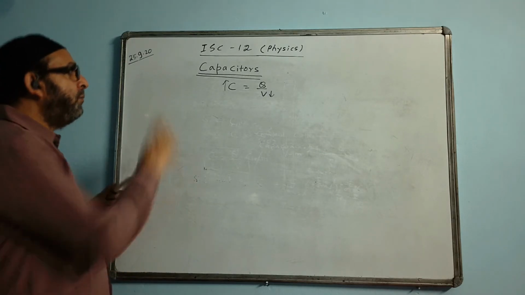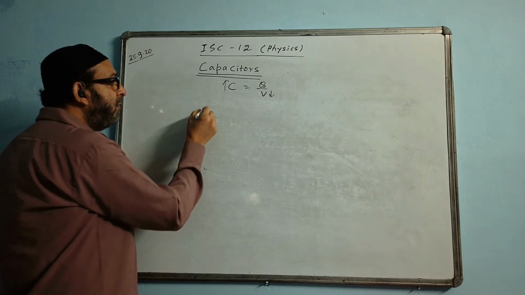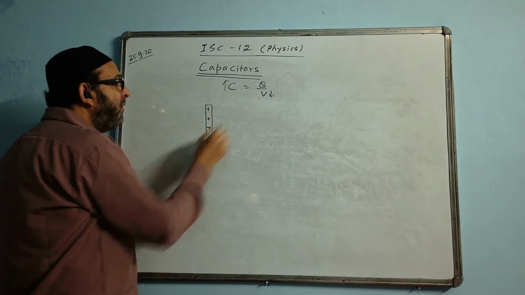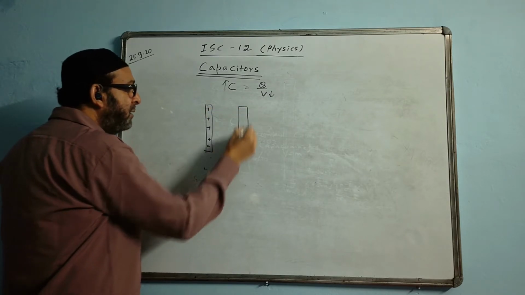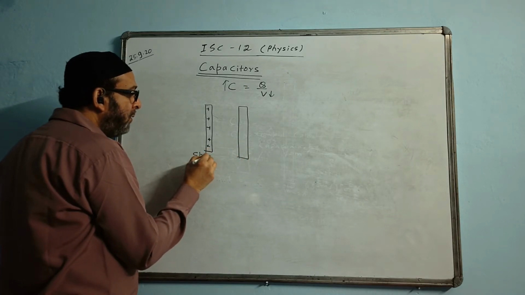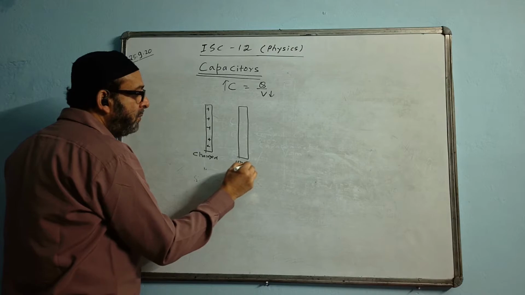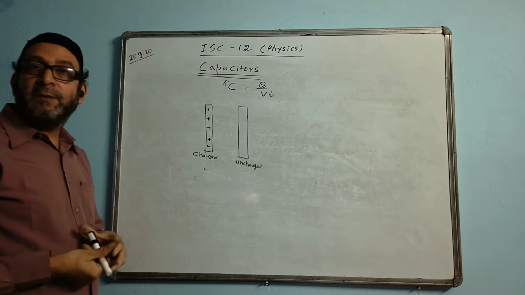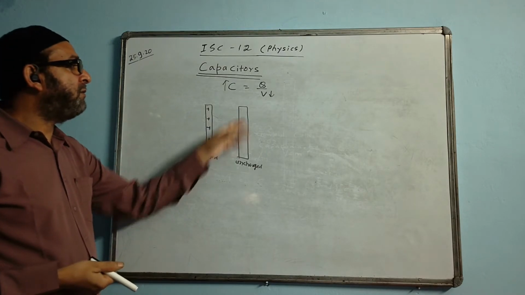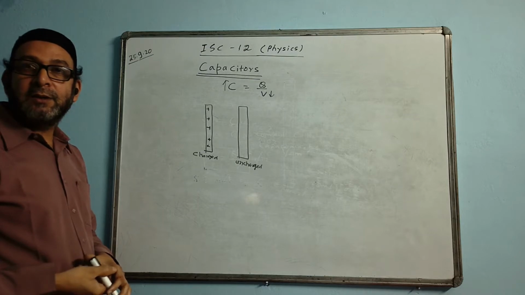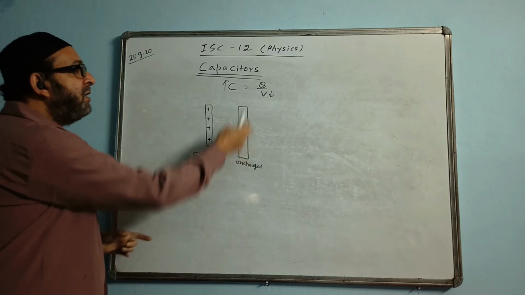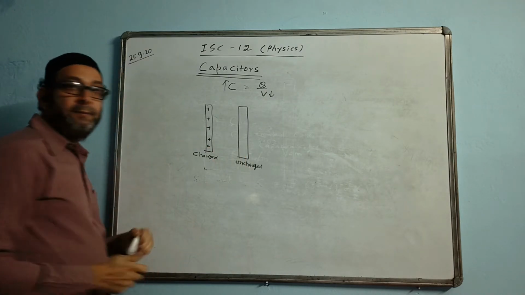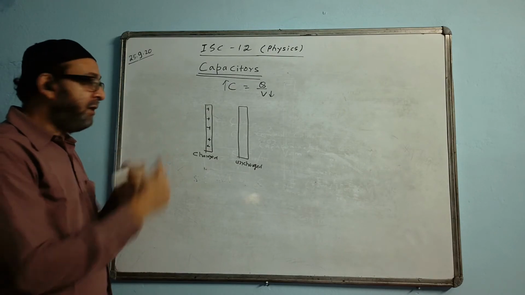So for that reason, to make a capacitor, we take a conductor. Say we are taking one plate like this. We'll take another plate, uncharged. This is the charged one, and this is uncharged. This is the charged plate and the uncharged plate. Uncharged plate means neutral plate. It will have an equal number of positive charges and negative charges. That's why it is uncharged. Because the charges are cancelling each other, it is neutral. We are bringing this one nearby, near it. We are not bringing it in contact, but just near it.